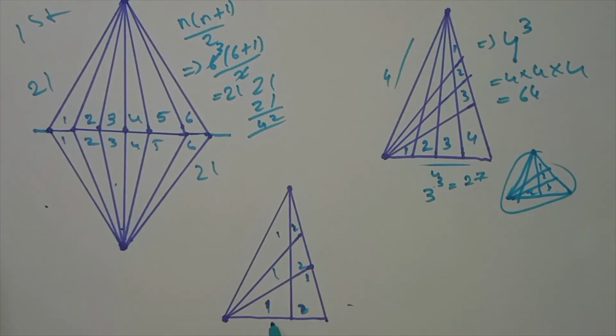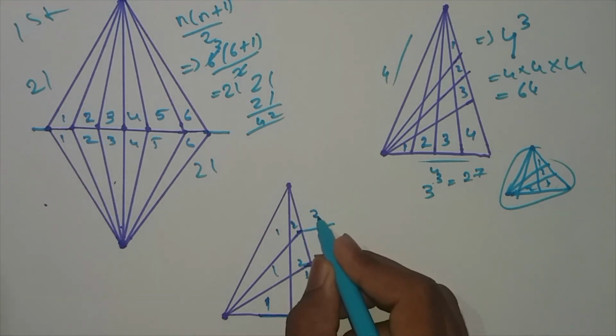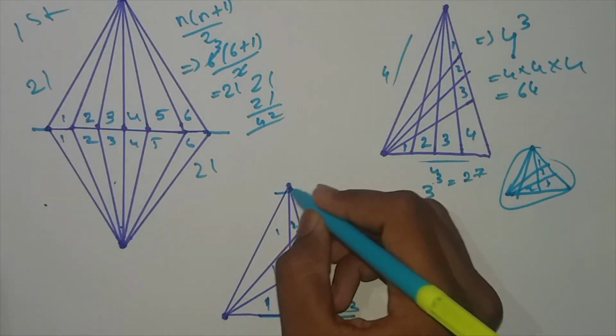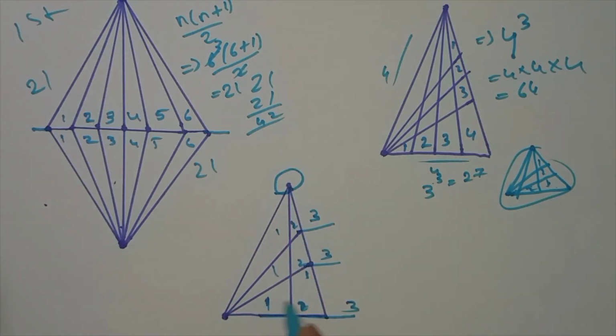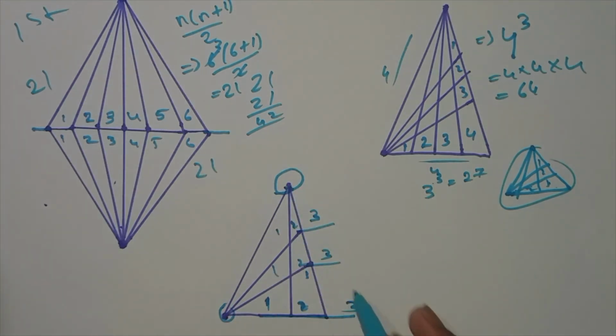As I previously told you, write for every base an equal number of divisions. That means for this base you have 3 triangles, for this base you have 3 triangles, for this base you have 3 triangles. So you have 2 points in total. For this point we will consider like this, and for this point we will consider like this. For this point, how many triangles are there? 9 triangles. So this point is completed.